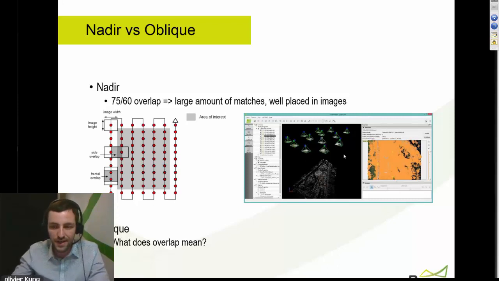An example of that would be the guided tour datasets which come with Pix4D Mapper, where you have images taken most of the time in a grid fashion